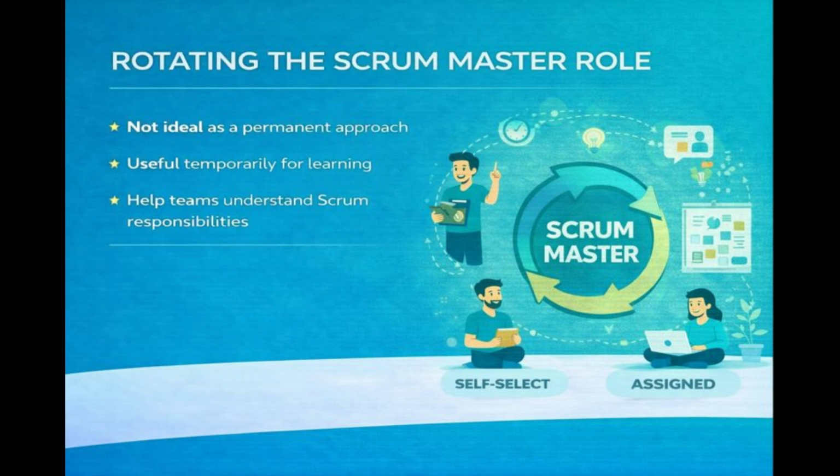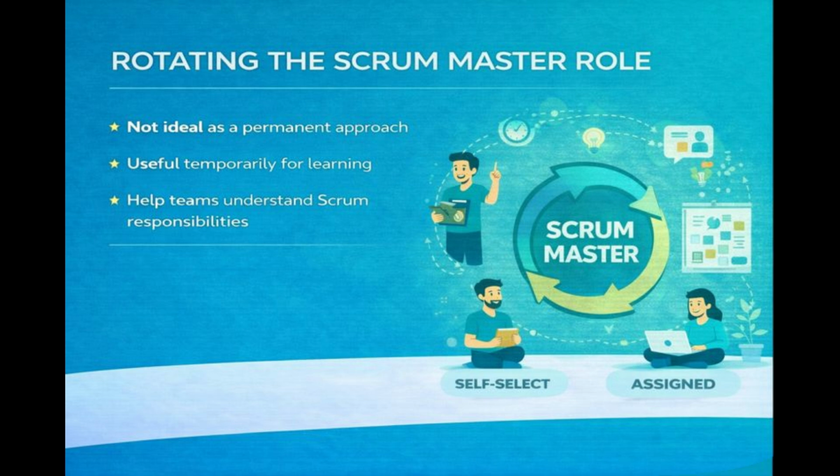Rotating the Scrum Master role. Some teams rotate the Scrum Master role, but doing so permanently can reduce the effectiveness and seriousness of the position. Temporary rotation can be useful for learning purposes, helping team members better understand the responsibilities involved. In other cases, rotation may help prevent teams from treating the Scrum Master as a traditional manager and reinforce a